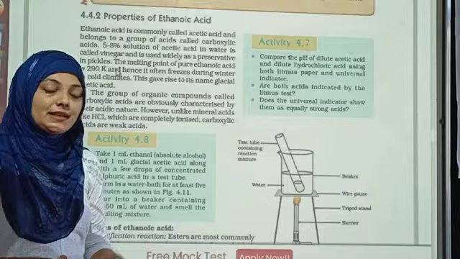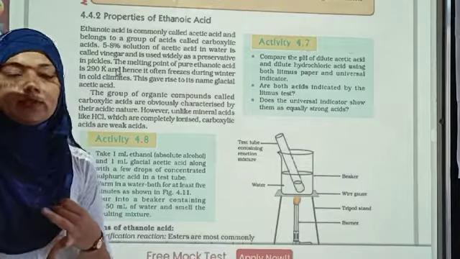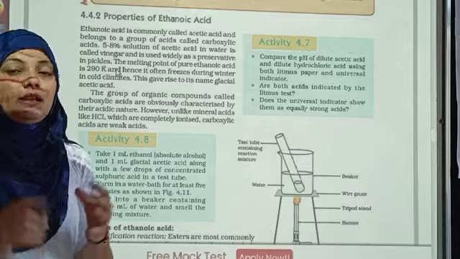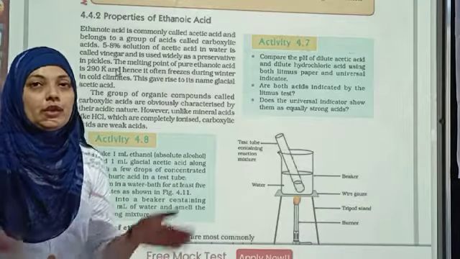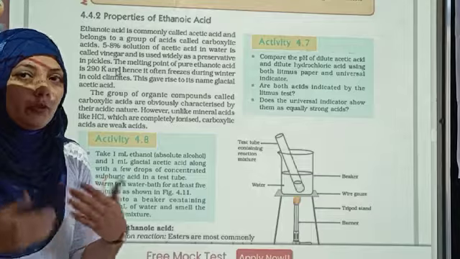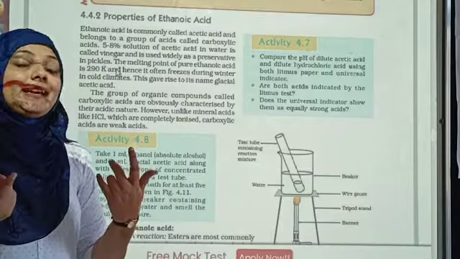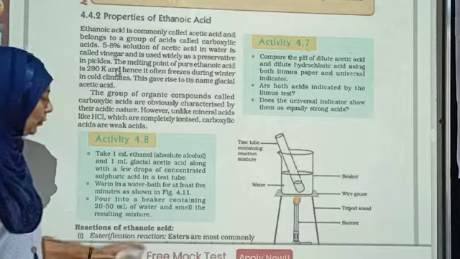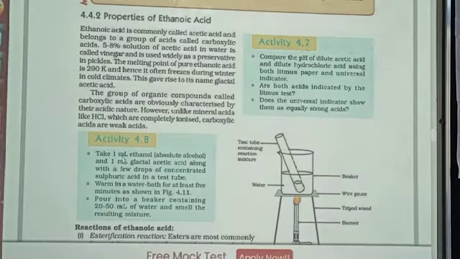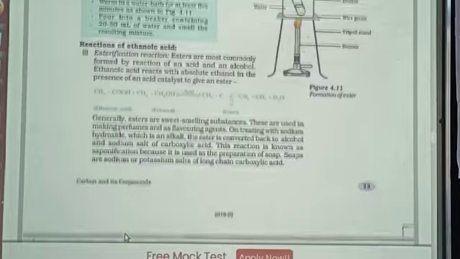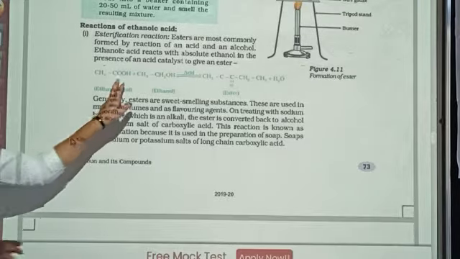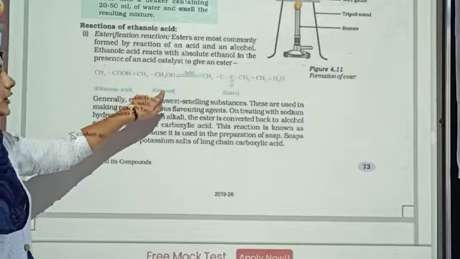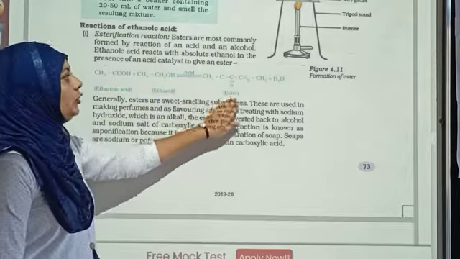What does this mean? See, ethanoic acid does not have any particular smell, ethanol also does not have a particular smell. Ethanoic acid has one, but it is different. So when you mix them and get a sweet smell, it indicates that you have produced something new. What is that new product? Let us see. Actually, the process is taking place: ethanoic acid plus ethanol and acid is going to give you ester.